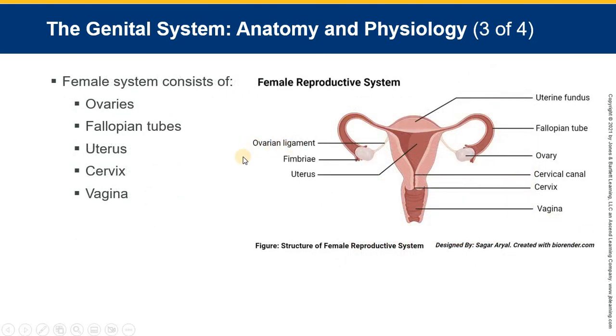The female reproductive system. This is the one, because EMTs, especially EMT students, are mostly male, they don't have very much experience studying things like the menstrual cycle and the female anatomy. So your vagina is the birth canal. So it's inside the woman. From there, it passes through the cervix, this opening here. The opening down here where this line is pointing is the cervical opening. It's called a cervical os. There's a cervical canal here,